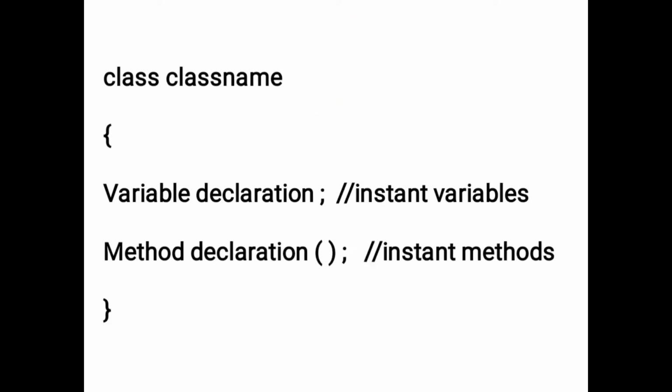We have seen that a class basically contains two sections. One declares the variables and the other declares the methods. These variables and methods are called instance variables and instance methods. This is because every time the class is instantiated, a new copy of each of them is created. They are accessed using the objects with the dot operator.